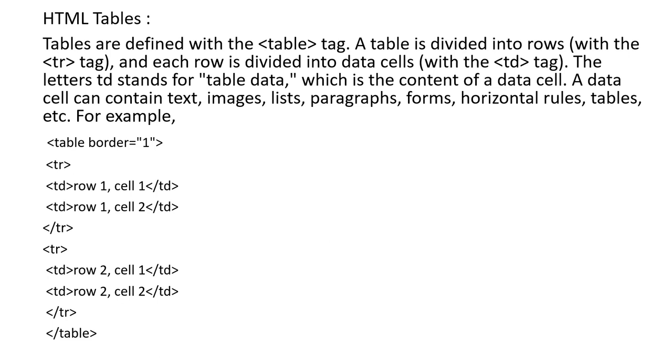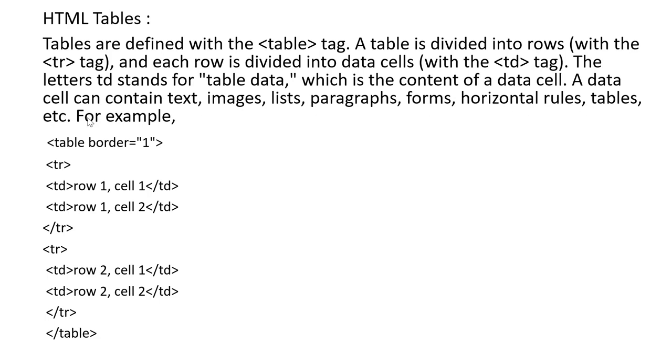HTML table. Tables are defined with the table tag. A table is divided into rows, and each row is divided into data cells. For table row we use the tr tag, and for data the td tag. The letters td stand for table data, which contain the content of a data cell. Data can contain text, images, lists, paragraphs, forms,